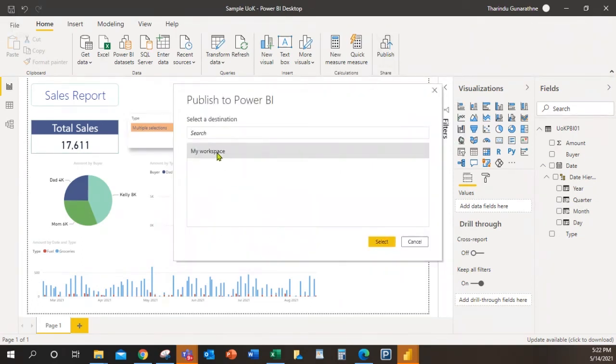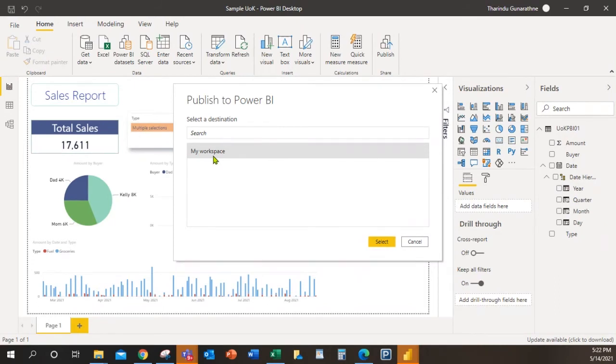Now here you can create a separate workspace. It's a logical separation. Let's say in the corporate world, you may have many workspaces. One workspace is created for the marketing team, and the second for sales or HR.